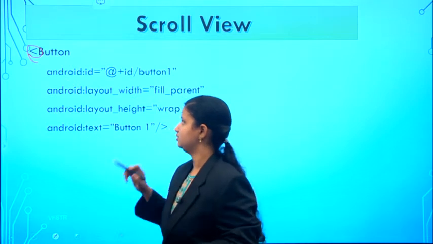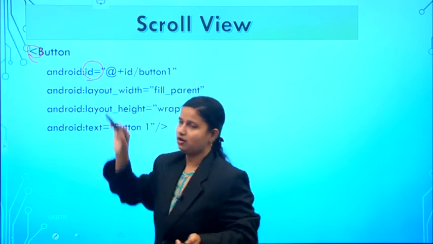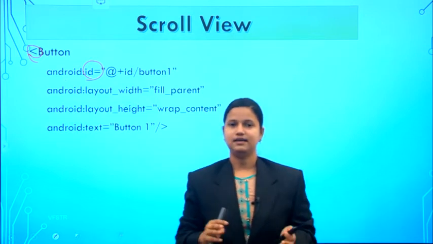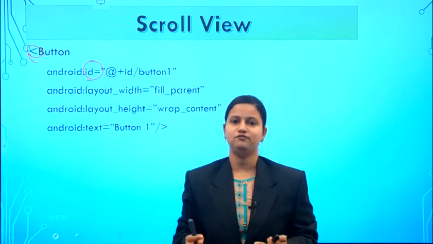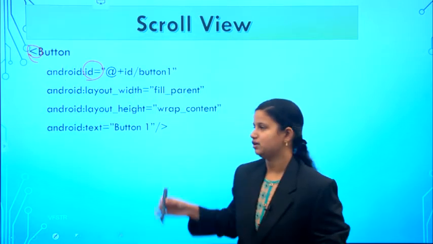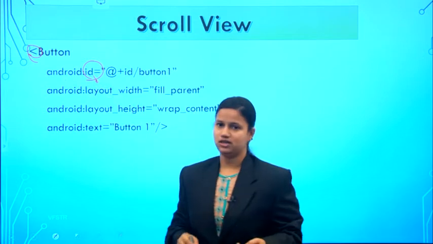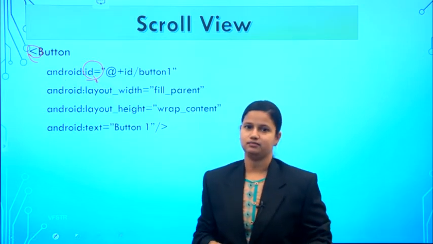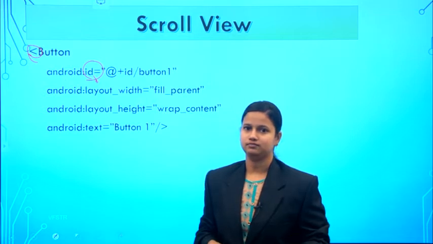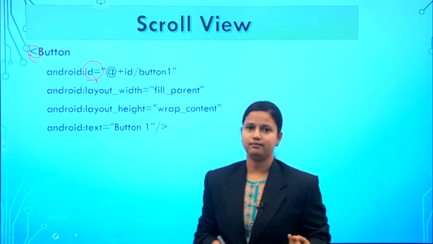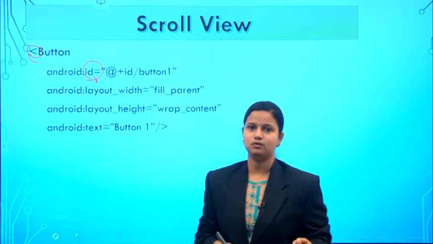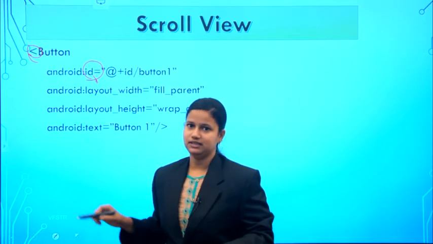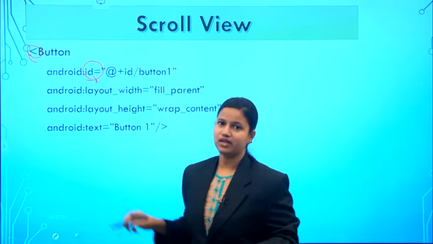Each and every property will start with android. The first property: here we do not have a single button, we have 5 different buttons. To identify which button, we have to place a property as ID. The ID property is used to uniquely identify the button. In a class you also have a roll number, because to identify a particular student, we go with a unique roll number. In the same way, we identify the button easily with the ID property.